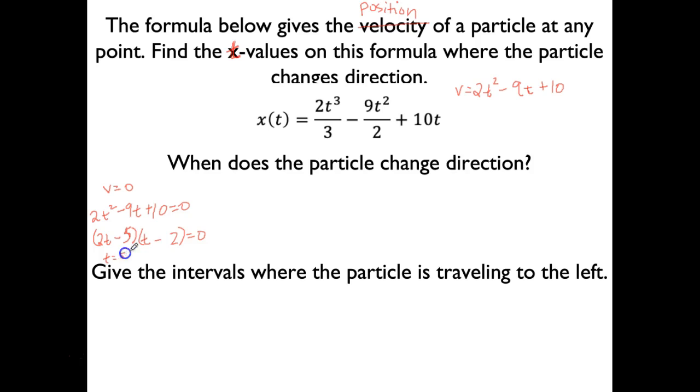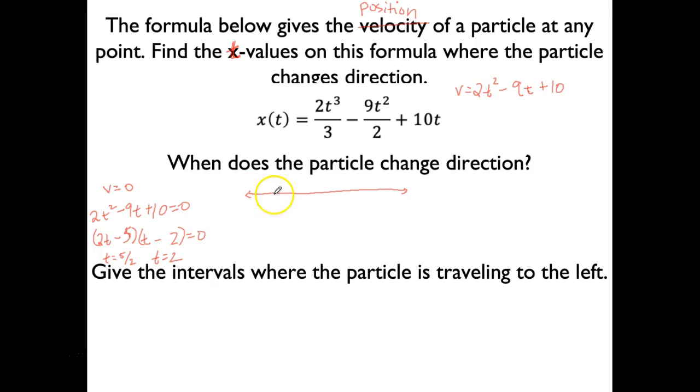You have a velocity equaling 0 at 5/2 and at 2. Now I don't know if it changed direction at both those times. I just know that the velocity stopped. I know the particle stopped moving at those 2 times. In order for me to check if the direction changed, I need to set up a number line,